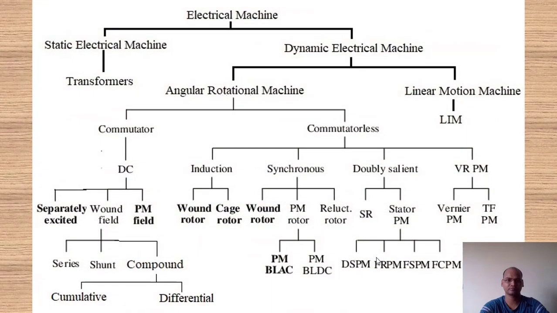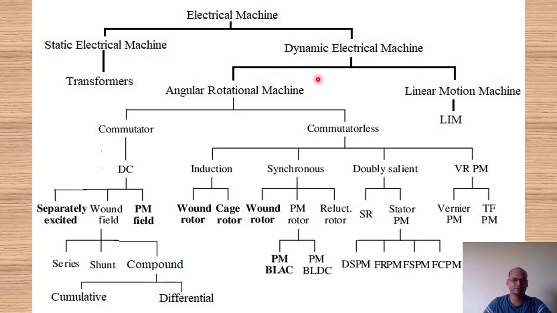Hello everyone, today I will discuss the classification of electrical machines and also give a brief explanation of transformers. So let's start with the classification of electrical machines. Electrical machines are classified into two categories. First one is static electrical machine and second one is dynamic electrical machine. All types of transformer are the best example of static electrical machine, and all types of rotational or motional machine are known as